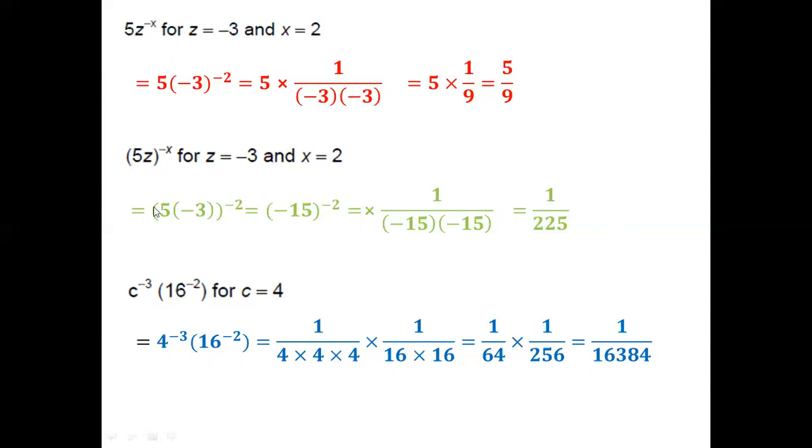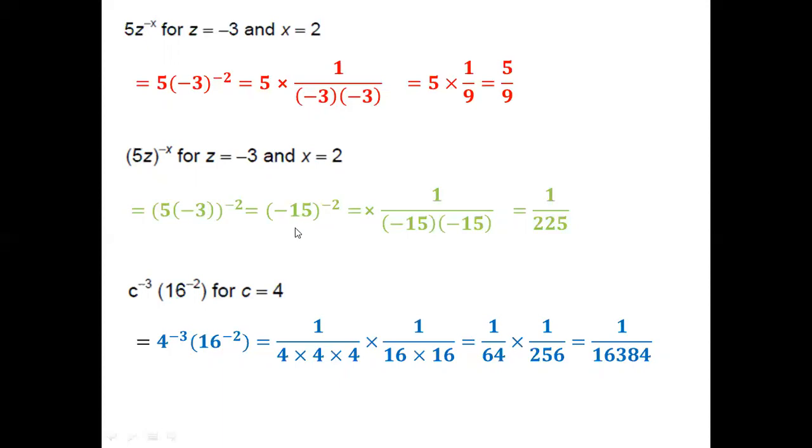So already inside the parentheses we have 5, right? And 5z means 5 multiplied. So that's why I put that inside the parenthesis. If you don't want, you can put the multiplication sign as well. It doesn't matter. The parenthesis means it's multiplied. So 5 multiplied by -3 will give me a -15, right? And already they said x is 2, so here -2.